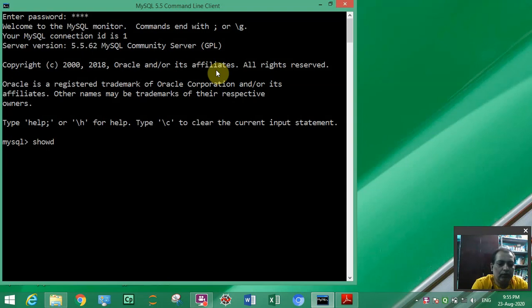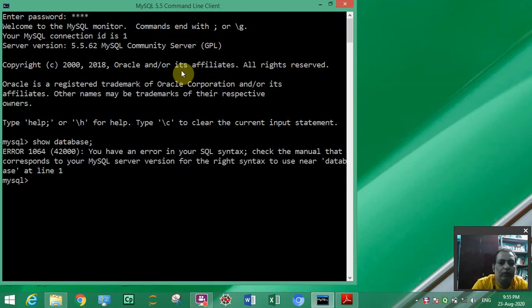Show databases. This command we can use to see our databases which we have created in the previous class. Databases, spelling is wrong, so, databases.